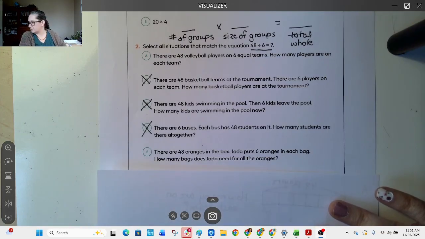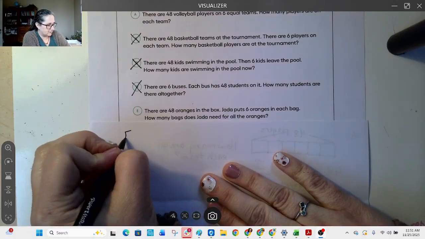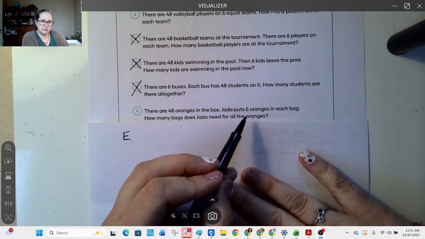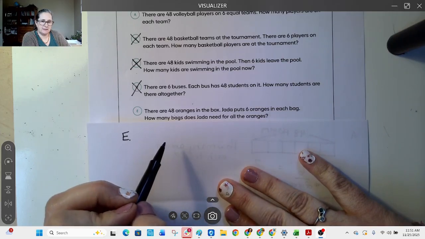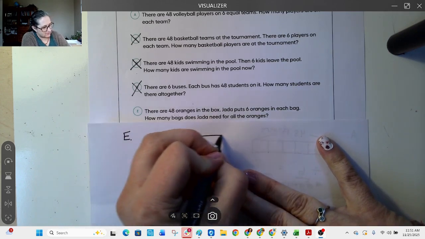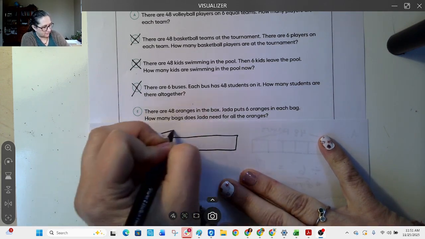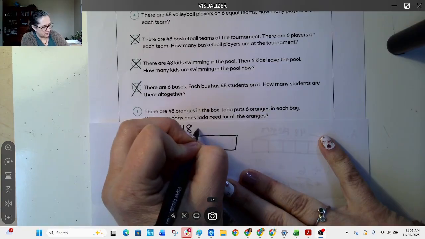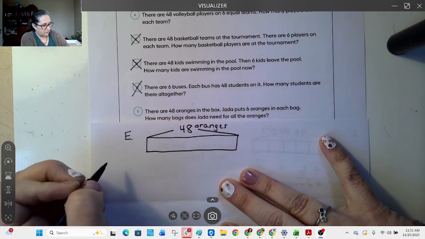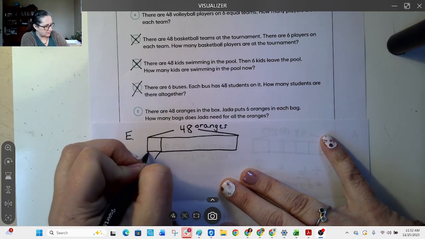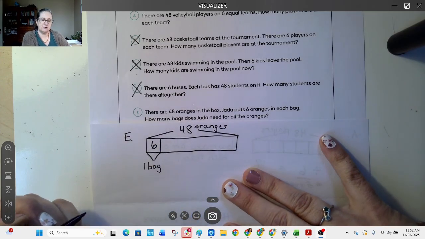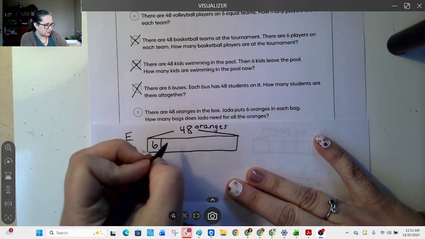All right, let's look at the last one. E says, there are 48 oranges in the box. Jada puts 6 oranges in each bag. How many bags does Jada need for all the oranges? So we know we have a box and it has 48 oranges. And we want to make bags. So this is one bag. And each one is going to have 6 oranges in it. So the question is,